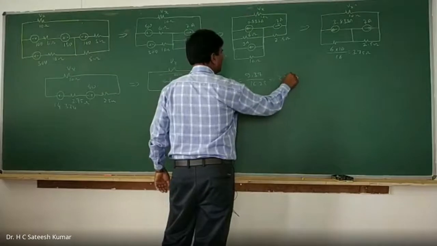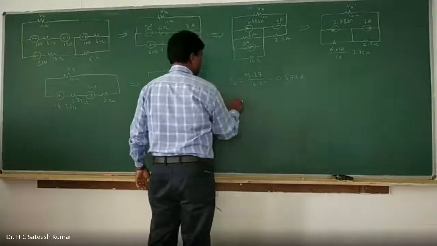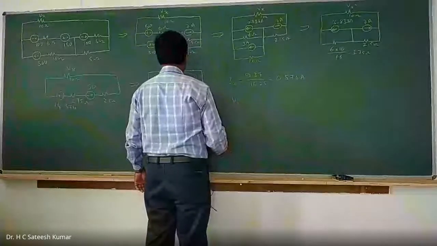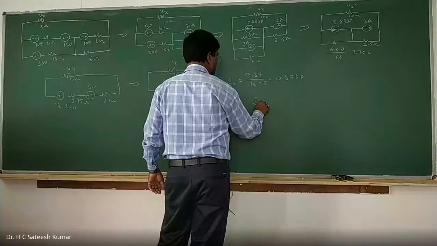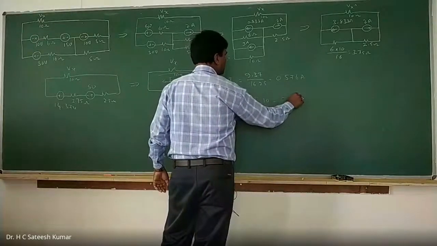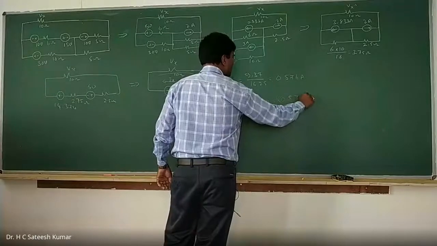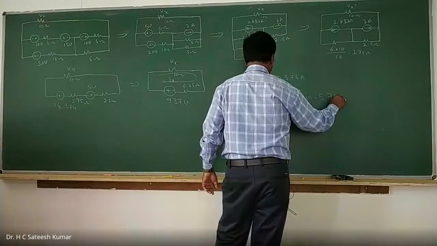That is 0.576 amps. Therefore, Vx is equal to I into R, Ix into 10, which is equal to 0.576 into 10, which is equal to 5.76 volts,